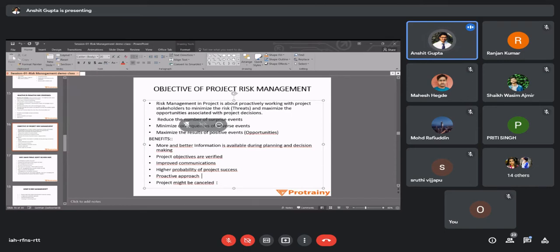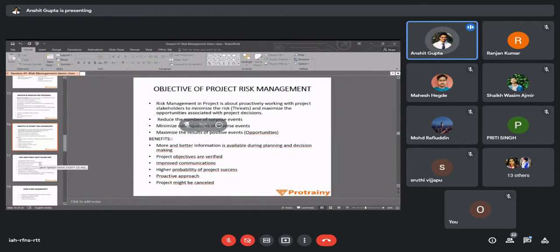So if you do proper risk management in the bidding stage itself, what are my risks in A project and how can I benefit from it, what are my risks in B project and how can I benefit from it, then you may come to know that if you bid for A project, you may actually go into loss rather than profit. Okay, so now you will cancel that project and bid on B project instead. This is what happens if you do proper risk management: you may even cancel a project.